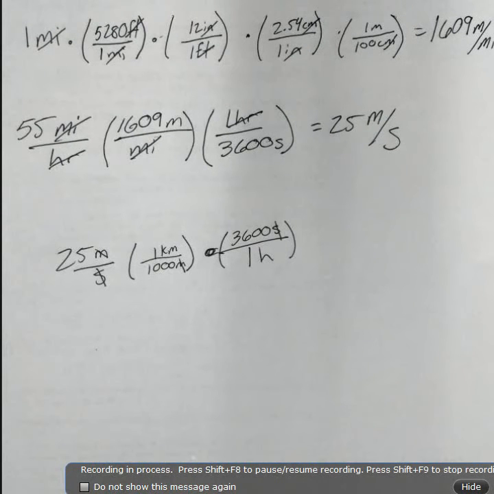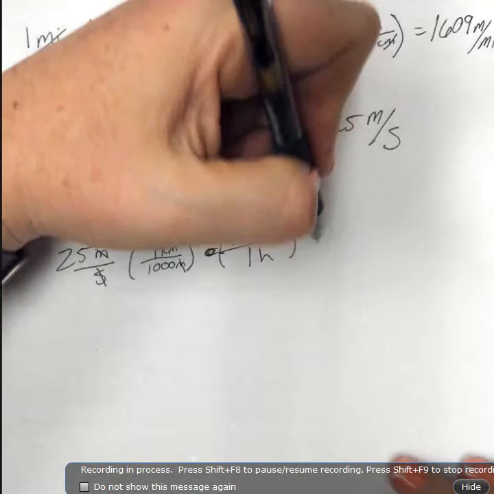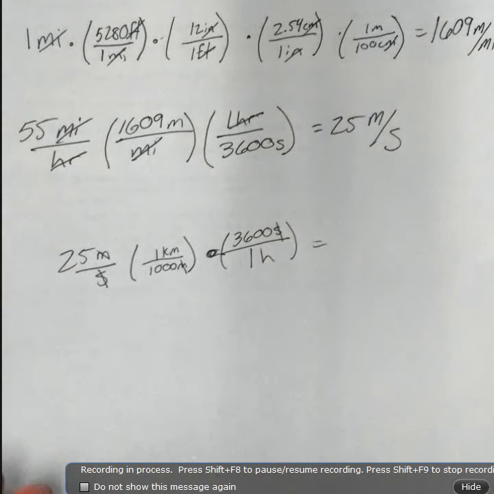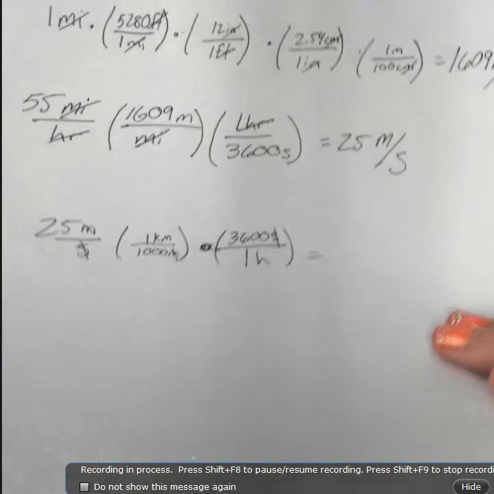Alright, so that means that when we do this calculation, it's going to be 25 divided by 1,000 times 3,600, and that's going to give us the value of